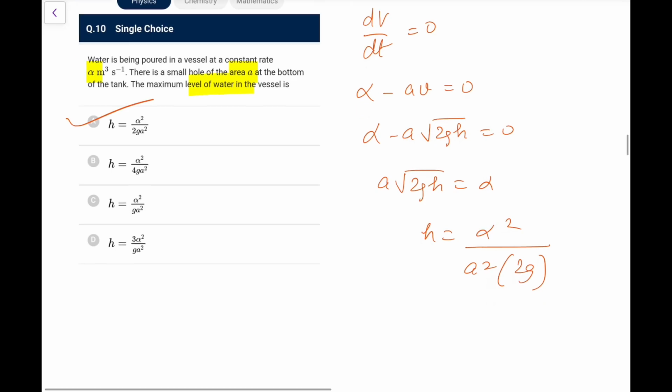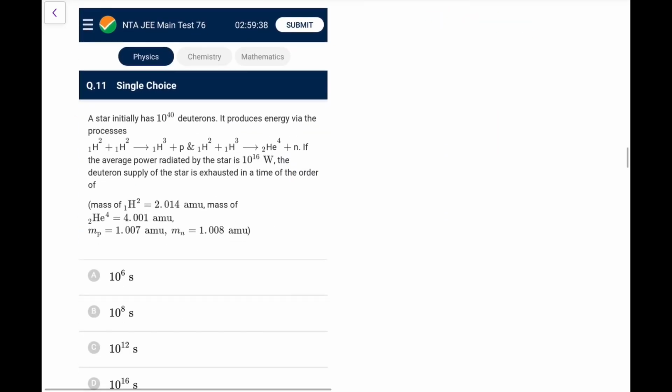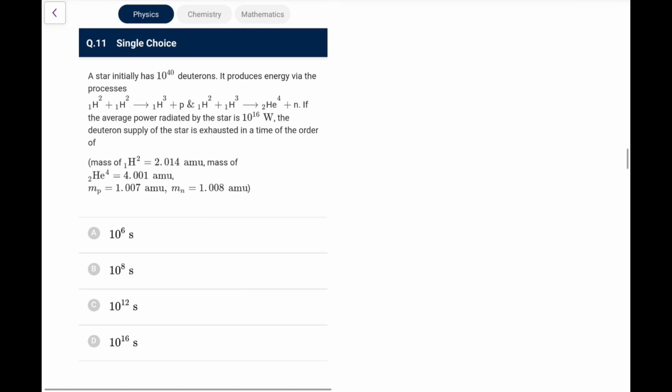So you definitely can do this. Next, a star initially has 10 to the power 40 neutrons. It produces energy via this process. If the average power radiated by the star is 10 to the power 16 watt, the neutron supply of the star is exhausted in a time of the order of,